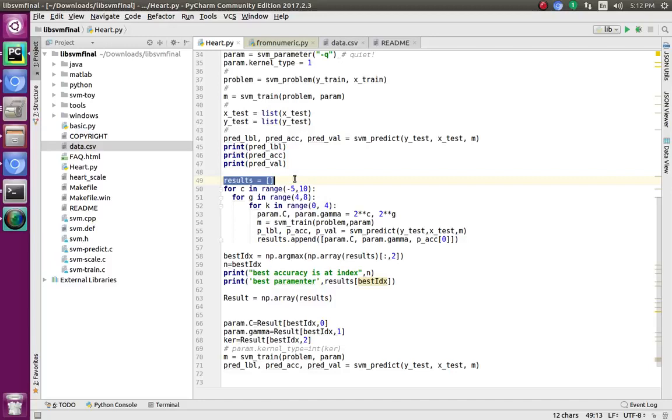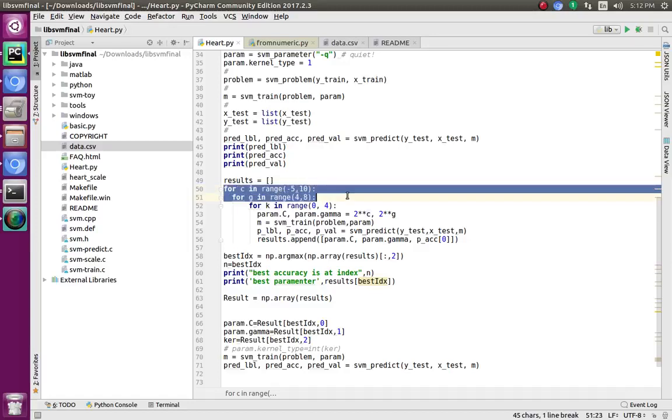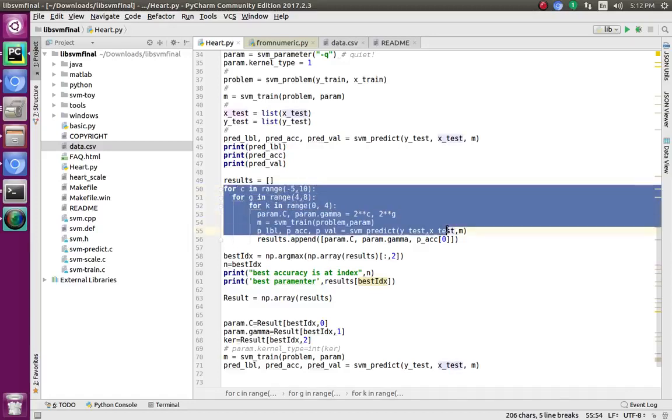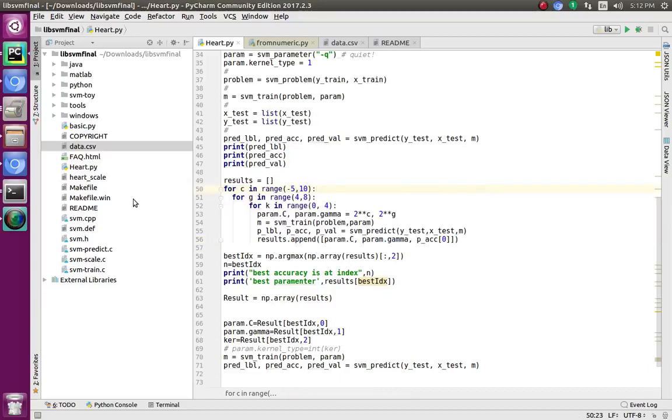Next we have taken an empty list and named it result. And now I have taken these loops for tuning the parameters. We do tuning so that we can take the value of the parameter which will give the best accuracy. Here I have taken C, G, and K. You all know about G. G stands for gamma, the kernel coefficient for RBF, poly, and sigmoid. If the gamma value is higher, it will try to fit exactly as per the training dataset.